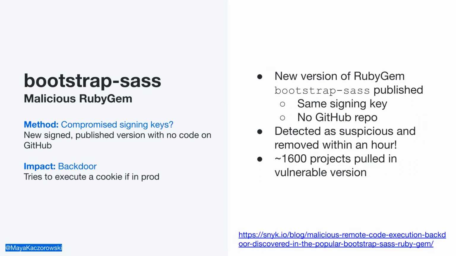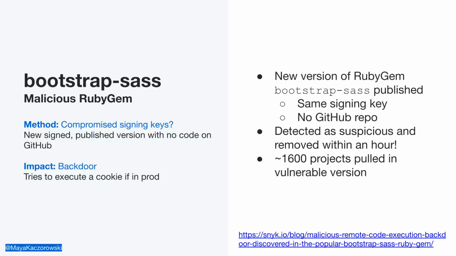However, this version didn't have a corresponding version published on GitHub. And as another developer quickly discovered on the same day, there was a suspicious piece of code in the new version. Within an hour, the package was taken down. So really good job here to the community of figuring this out and dealing with this so quickly. About a week later, the original maintainers published an updated package without the vulnerability, and things seemed to resume as normal.